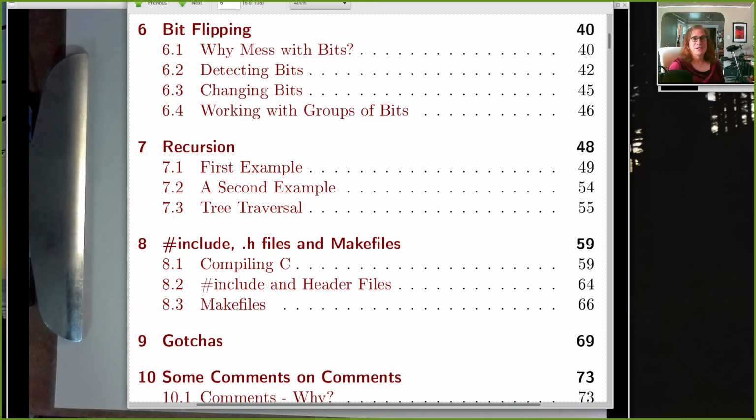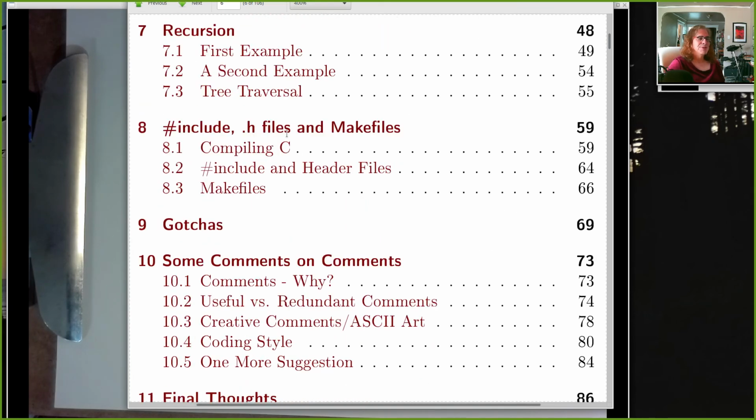That comes up in C a fair amount, especially when you get down to system level programming and you're dealing with device drivers and things like that. You'll do a lot of bit flipping. What I want to talk about this week includes splitting files up into multiple pieces and then putting them together